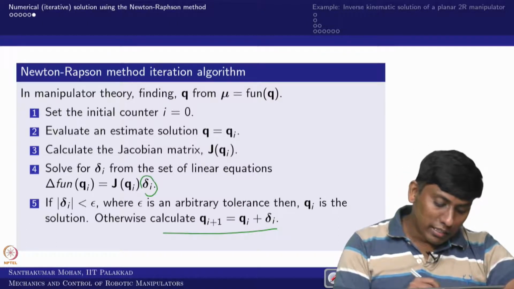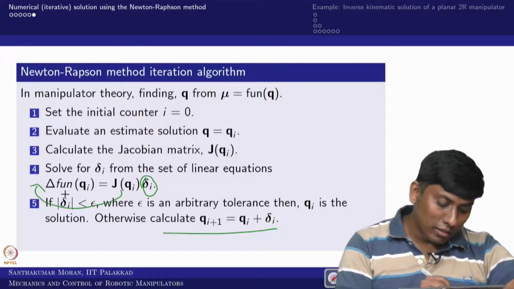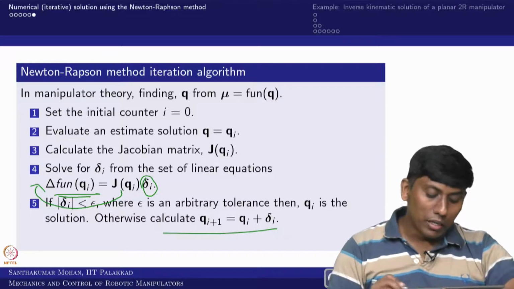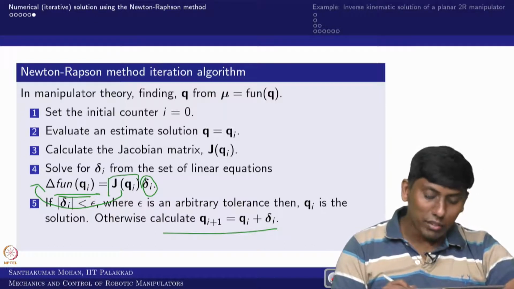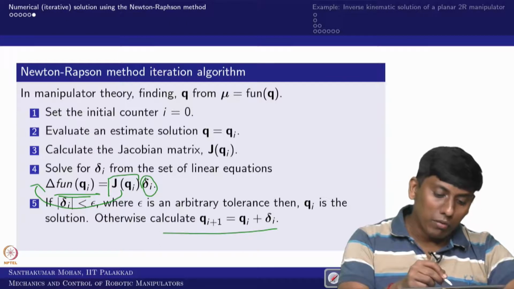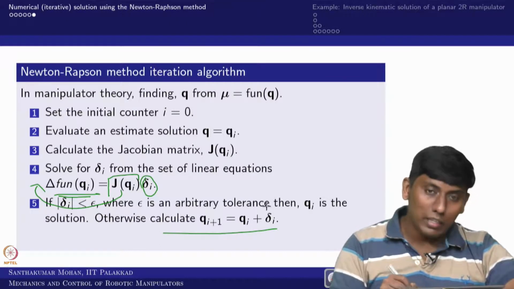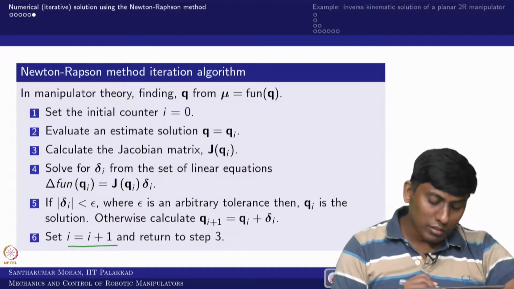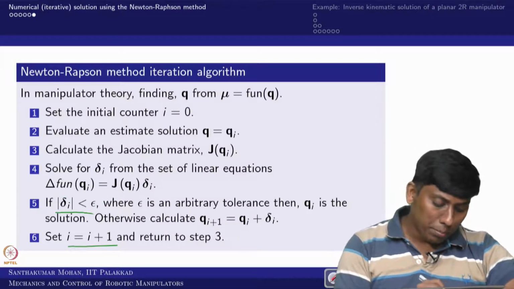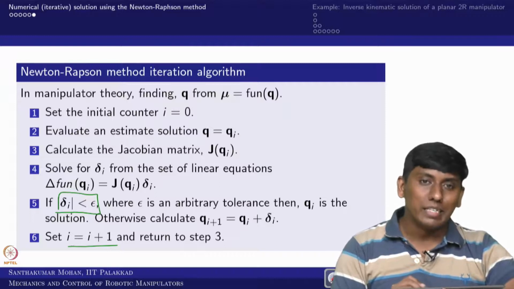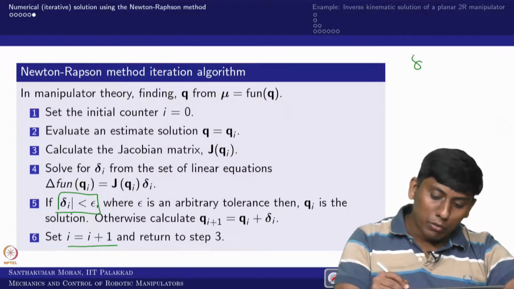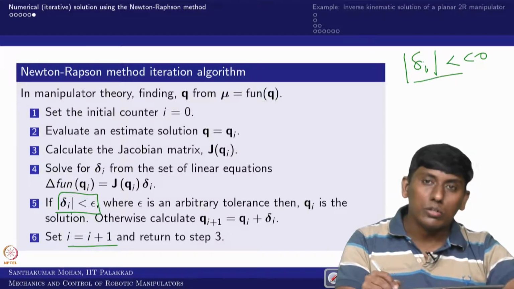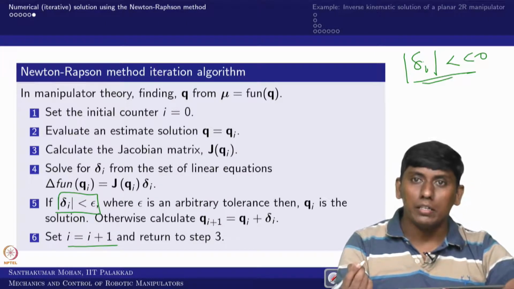So in the sense this delta i can be taken as this function, the difference in the function, inverse obtainable, that you can substitute. So whatever we have used in the previous slide, I have rewritten in the form of an algorithm. So once you have this, you can stop. For stopping, we put some tolerance. So for example, if your delta i is very close to 0, then you can stop, it need not be 0, right.